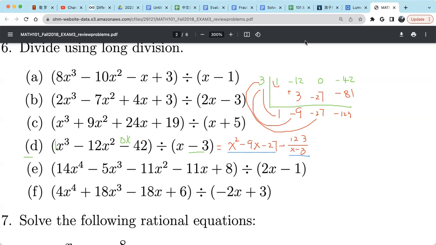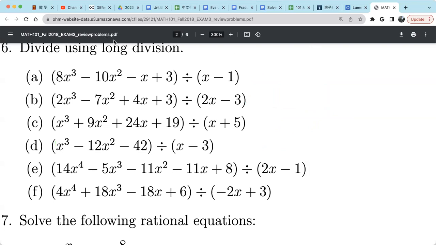Okay, now let's go back to B. Let's see how we deal with B. Observe this. This is x minus 1, x plus 5, x minus 3, right? The coefficient of x is just 1. But here we have 2. And also for E and also for F. So how do we do this? So we think like this. We're going to rewrite it as